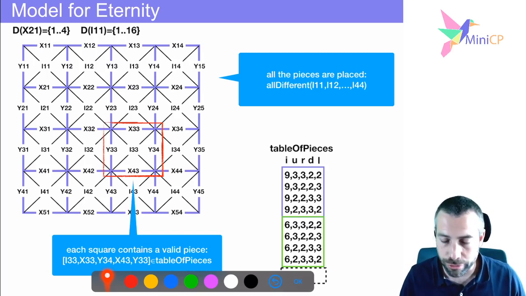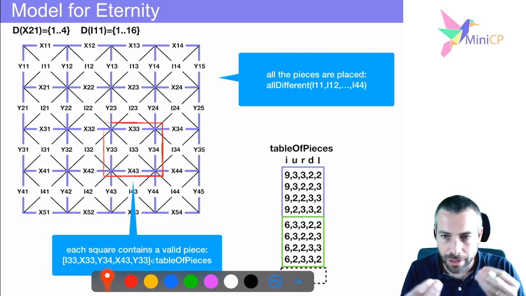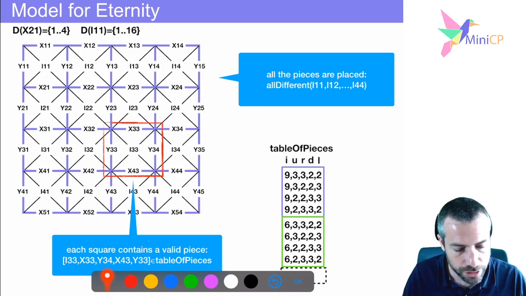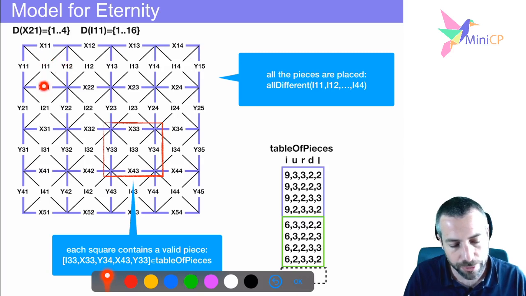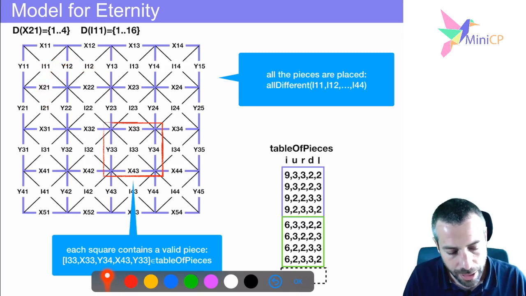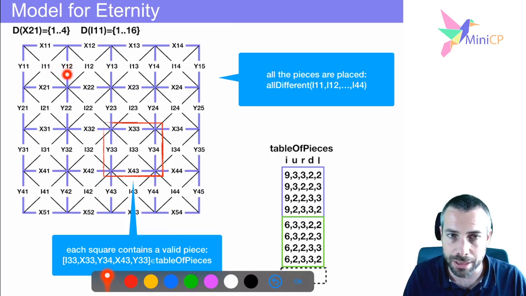But that's not all, of course. You also need to enforce the edge matching constraint. And this is enforced here by reusing variables. You see that I'm sharing the variable between every 2 adjacent pieces. I use exactly the same variable. So this will make sure that I have an edge matching puzzle. If you don't do that, if you duplicate the variable on the left and on the right for every edge, then you need to enforce perfect equality here. But here I avoid that by reusing the same variable instance. And so since I'm sharing the variable